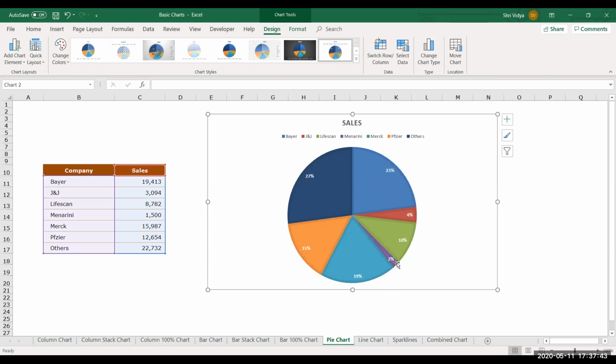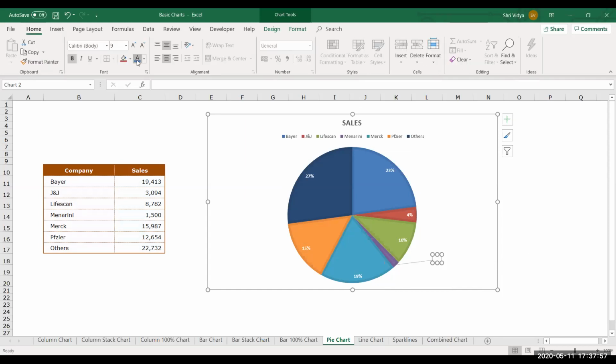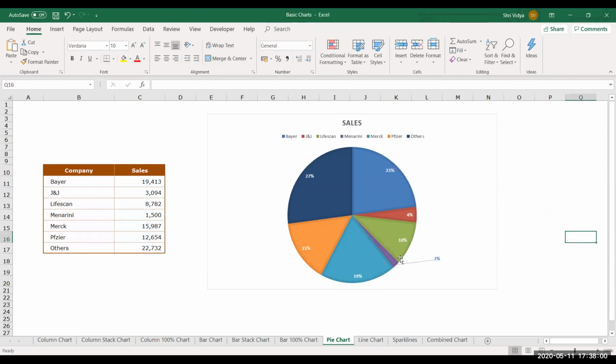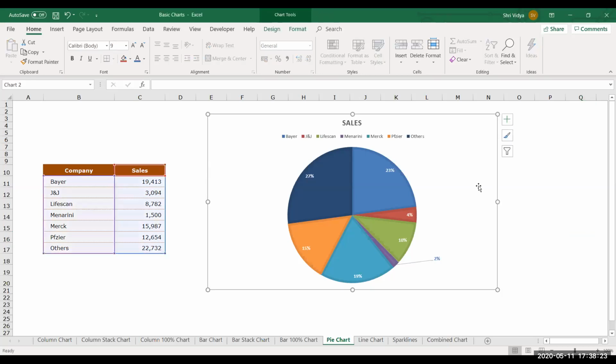Again, you might have seen some line that they draw here. It's a leader line. Let me change the font color of this. See, this is known as a leader line. If a slice is too small, you will not be able to show the data label on it, so they will draw a leader line and show the value for it. Sometimes if you have many series like that, it looks very ugly. So you have an alternative method of representation for this. I'll show you that. That is known as pie of pie.